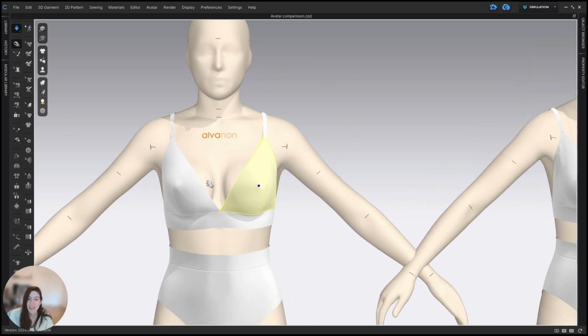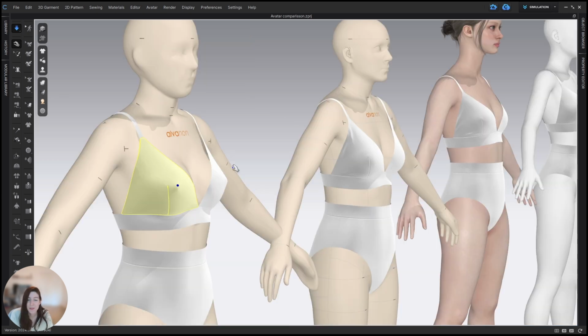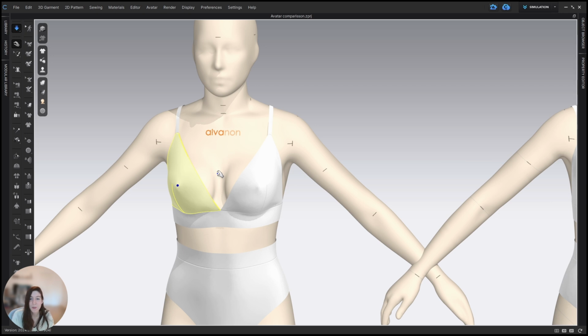This is the only avatar that has the nipples like this with some volume, so it's helpful when you're fitting because you know where the center of the breast is. But if you are going a step further of this fitting phase, if you're going to model, for example, a foam cap bra, you would have to fight a bit with Clo in order to avoid that nipple peeking through the fabric. If you want to do that representation of that garment to create an animation or a render that is going to be used in e-commerce, then this nipple may not be what you want to show in the